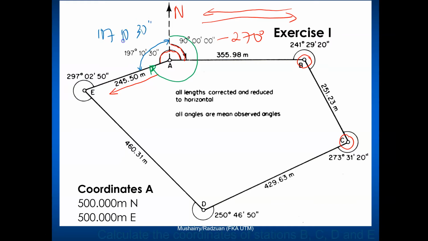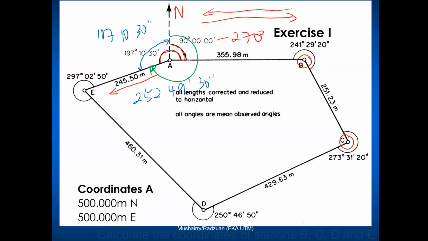Okay, so we know that a complete circle gives us 360. So we want the angle there. So it's 360 minus that little angle there, 107°10'30". So that will give you a value of 252°49'30".